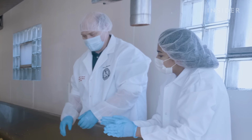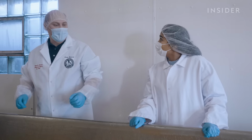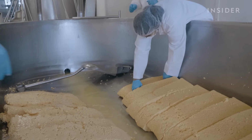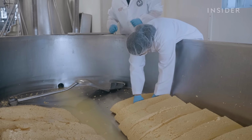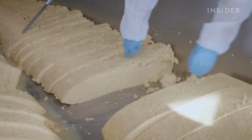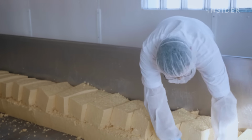Gravity will push it, mold it together, basically. Mold it together, yep. Now we're gonna flip it one more time and then we are gonna cut it and stack it. Okay. I'll let you get the first one and I'll get the rest. Afterward, Chris checks the acidity level of the cheese, and if it is in the correct range, they